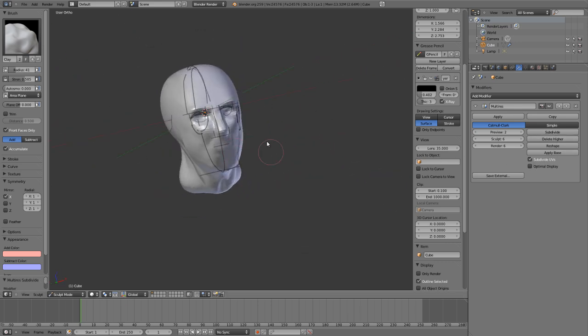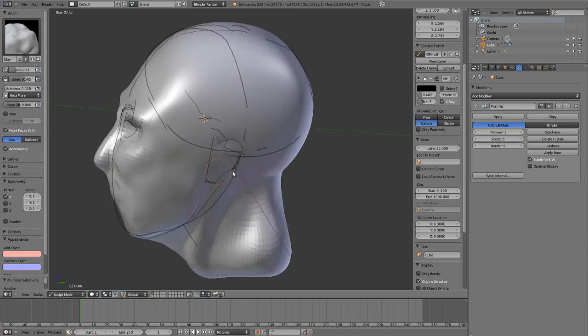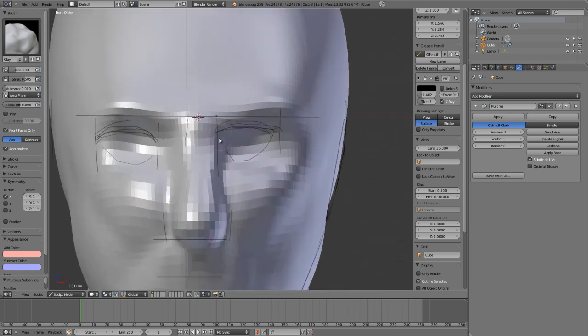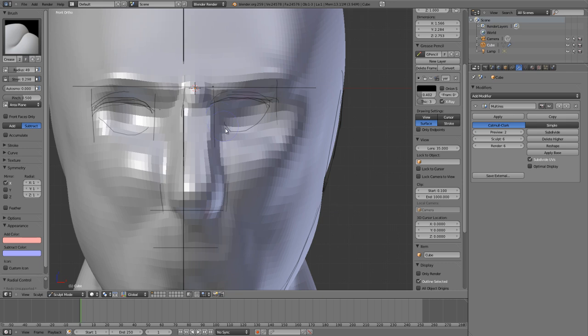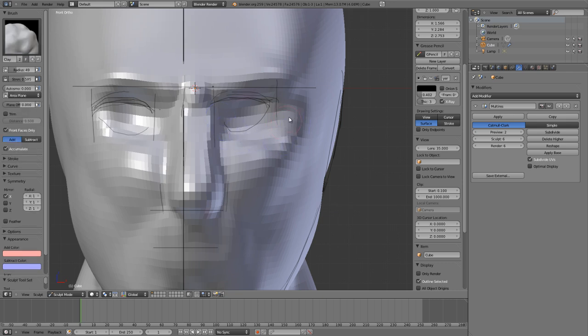And I'm going to go ahead and add in another level here so that I can keep sculpting. And I want to first go ahead and use my crease brush again. And I'm just going to crease in a few of these things, like right between the brows for the nose, just like that. I might crease around the corner of the brow there, maybe the top of the eyelid just about, the bottom of the eyelid just a little bit. I might go ahead and draw down around the eyelid sac of sorts, that comes in right about here above the